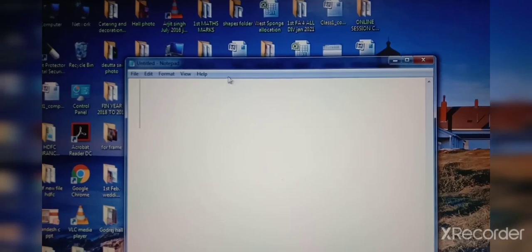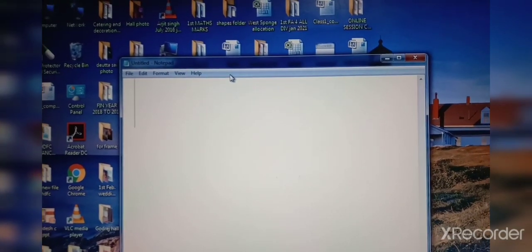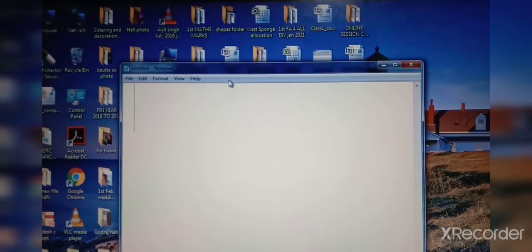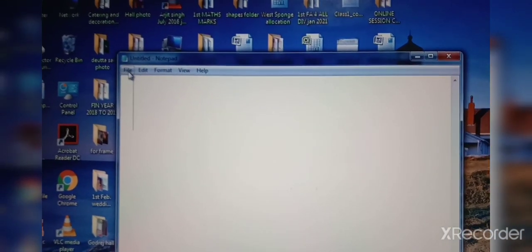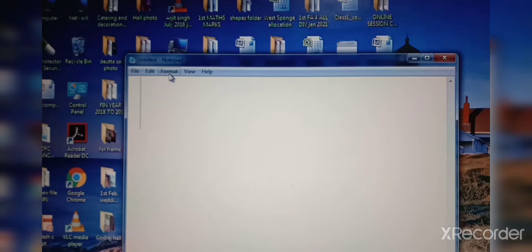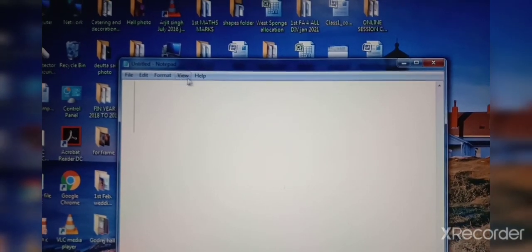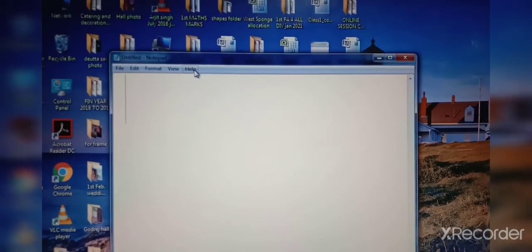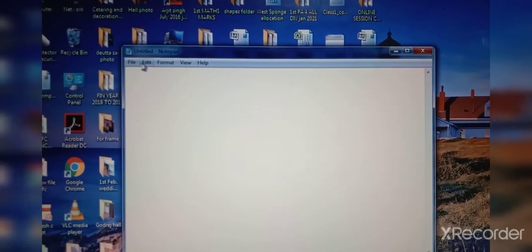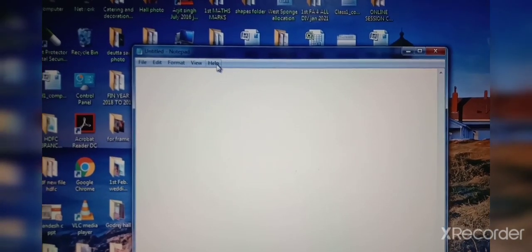Now this is the menu bar. How many menus are there in Notepad? You can see File, Edit, Format, View and Help. There are 5 menus on the menu bar.